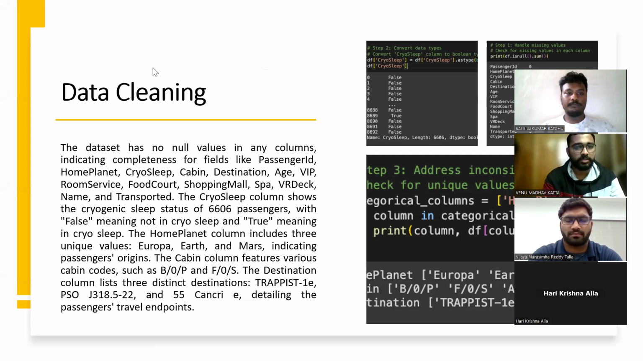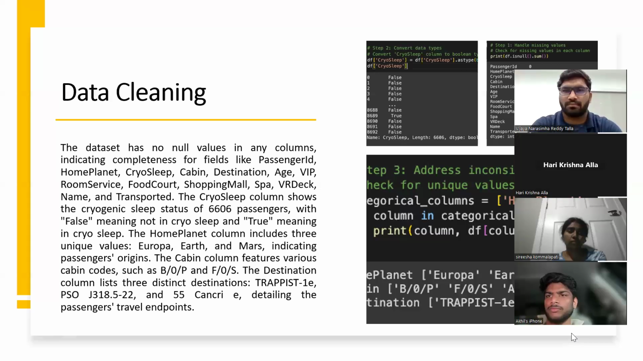Coming to the data cleaning, the dataset has no null values in any column, as given in the picture right behind. So there are different columns like the home planet, cryo sleep, cabin, destination, age, VIP, room service, and all the stuff which we have right there. Next slide goes to